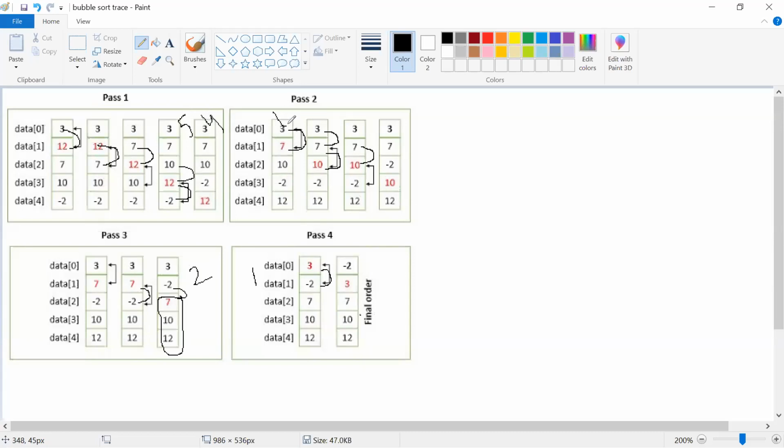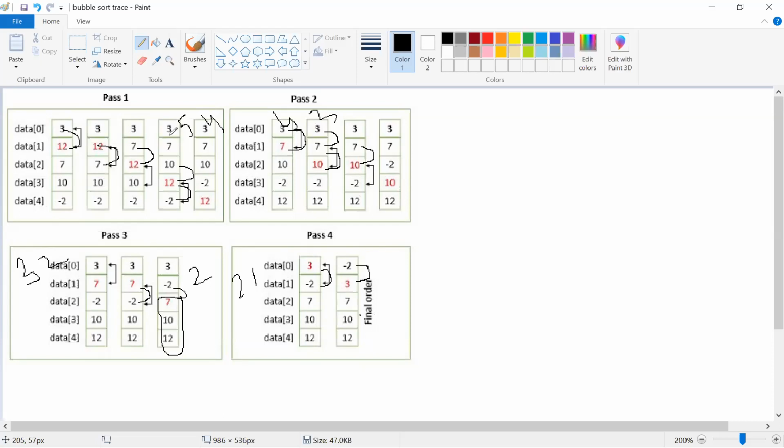Here 4 numbers, 3 comparisons. Here 3 numbers, 2 comparisons. Here 2 numbers, so only one comparison. So compare these two. 3 is greater than minus 2, swap it. Once you swap it, you can see that the numbers have been swapped.